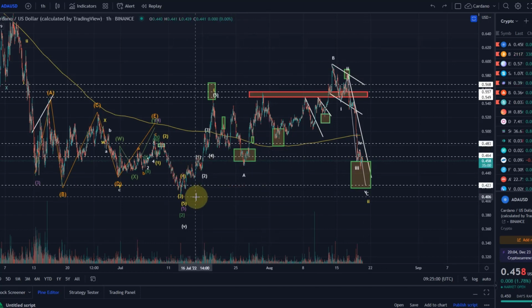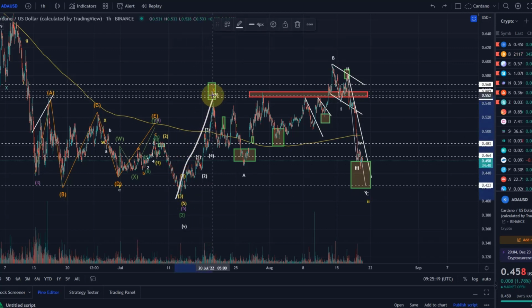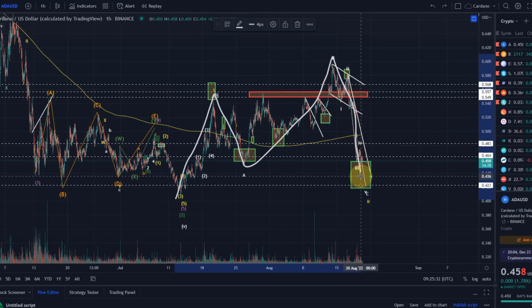because very clearly we are threatening here that swing low at 40.3 cents, which is the low from the 13th of July. So at the moment, again, in the best case, this is a leading expanded flat. What does that mean? It means we had a wave 1 to the upside. We came down in a wave A, in a 3-wave move. We moved up in an overshooting wave B, and then we came down very strongly. That is normally the case in an expanded flat.